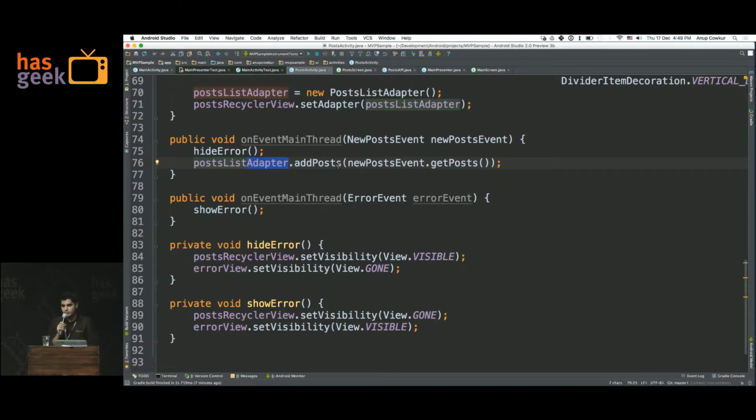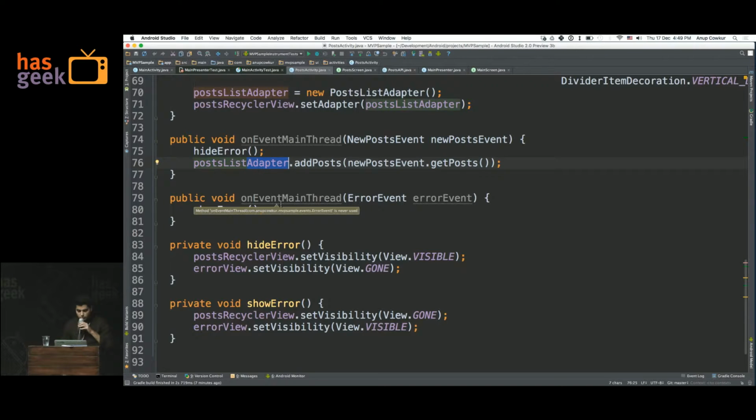A concept of an adapter, a view, a recycler view, all exist in Android, so your presenter should not know about them. So all your business rules, anything that has to do with your app logic, which is not Android, should reside in your presenters. Well, it should actually reside in your model, and your presenter should just get the data and marshal it, transform it to whatever form your view needs, and then it can fire an event or call a method on it.